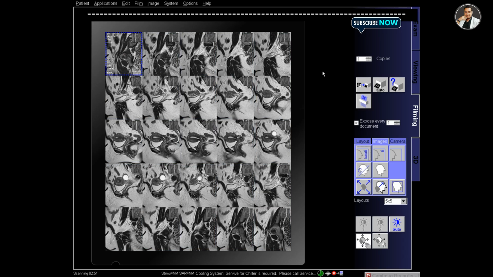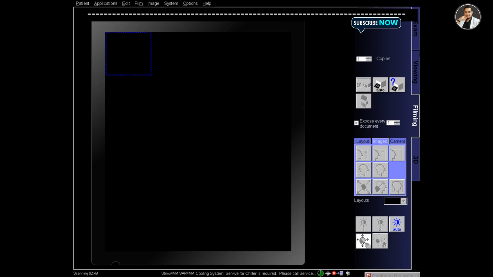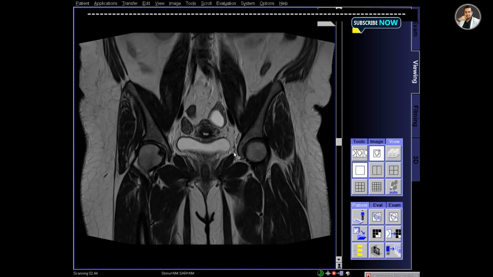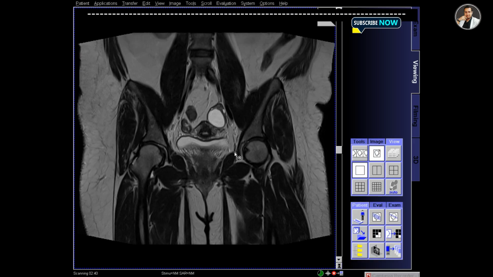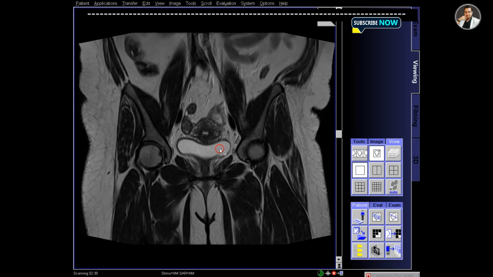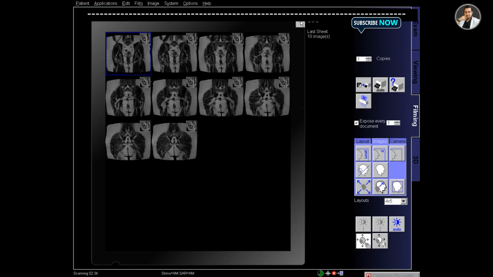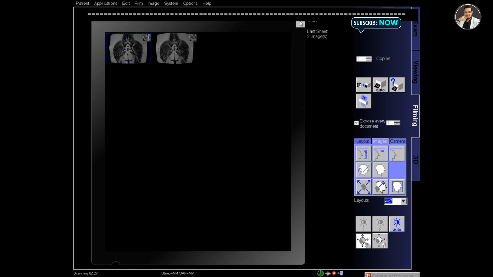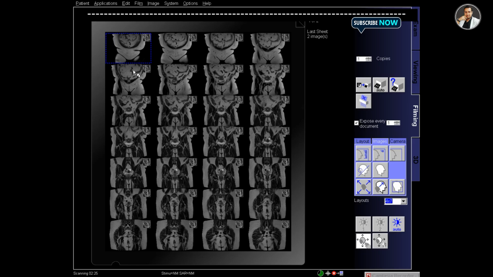So make sure that all the segments have the patient information. And this is T2 coronal. So I'm changing the image and making sure that the anatomies are visualized. Select the series and send it to the filming. And select 4 into 7.